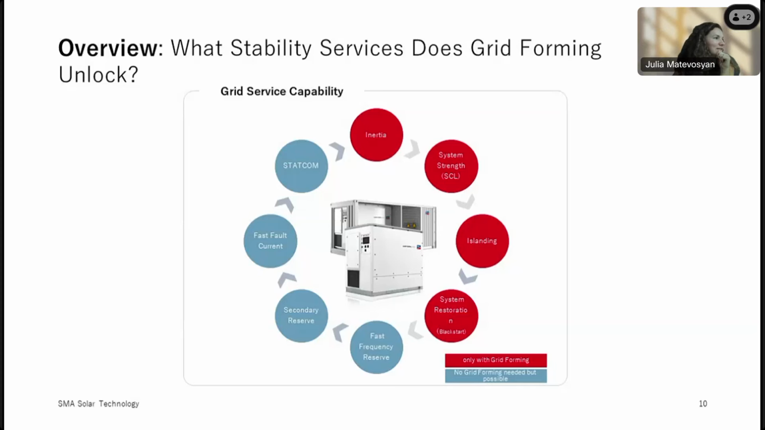All right, next question. Can older grid following or grid supporting inverter-based resources be upgraded to grid forming with only a firmware upgrade? If not, can simple hardware augmentation help here? Yeah, that's a little bit of a loaded question, and it will vary by OEM. For SMA,